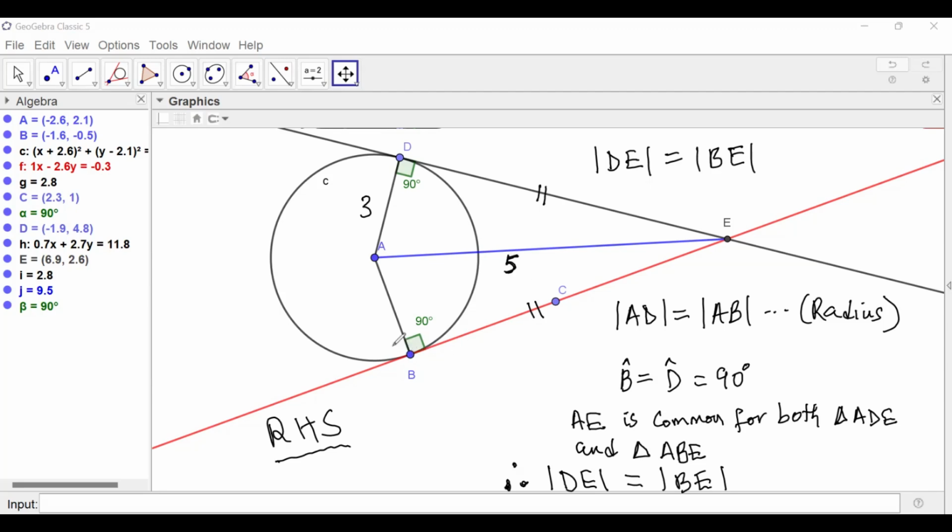Now for the first triangle, that is triangle ADE, if I am looking for the length DE using Pythagoras, the length DE is going to give me,